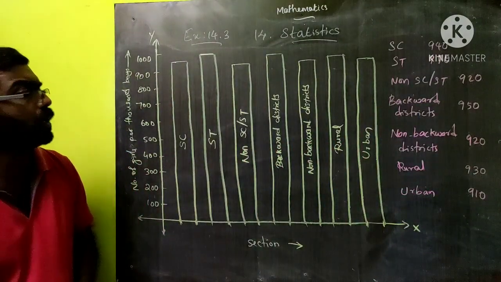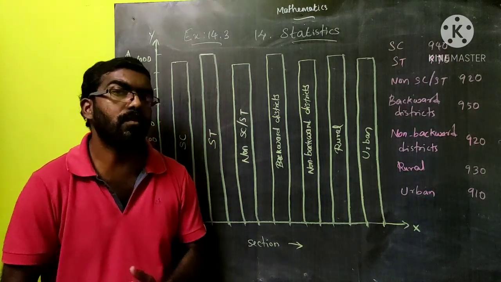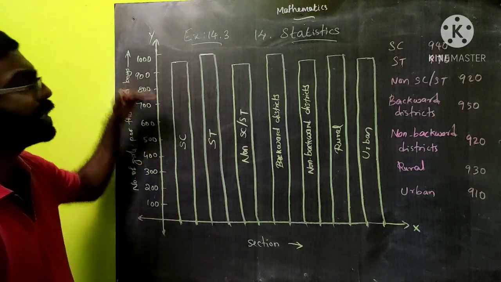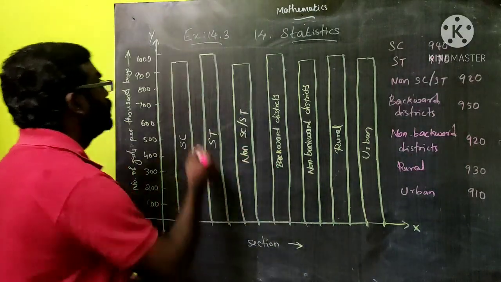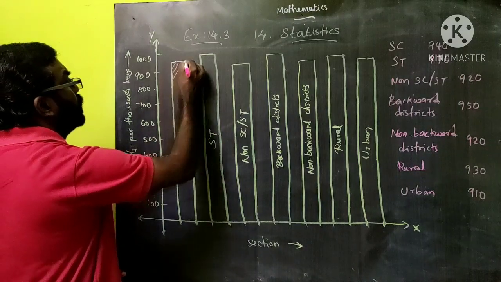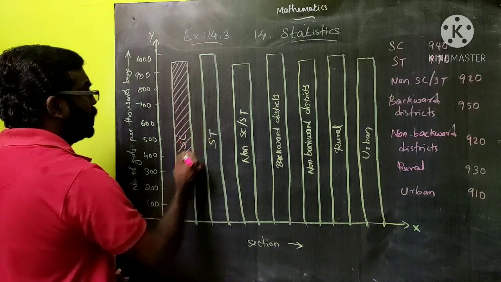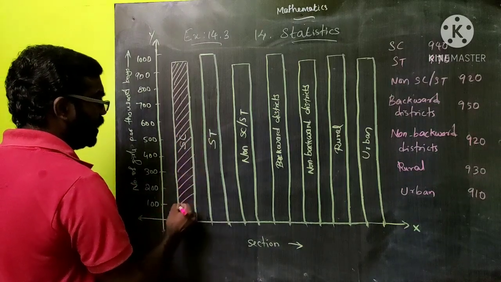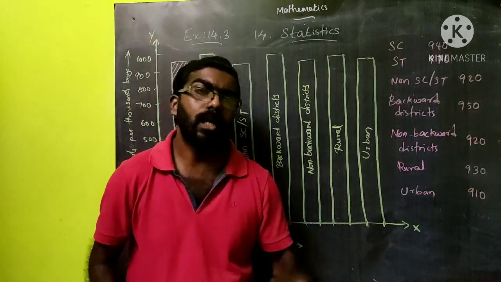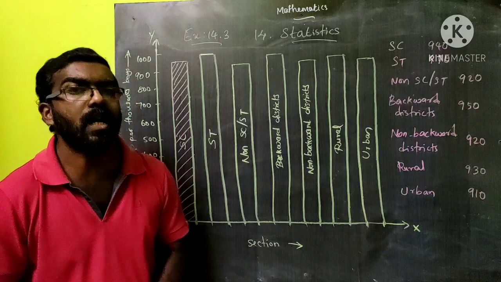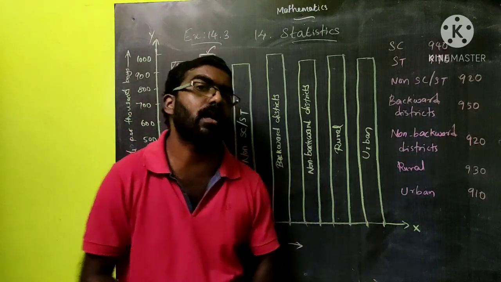Okay, so this is the bar graph for the given data. In your graph book, you can easily draw the bar graph by taking the exact measures. You can also shade the bars. In order to beautify the graph, you can shade it in any manner, no problem. Here the second sub question is, what conclusions can we arrive at from the graph? So after drawing the graph, you can write the conclusion.